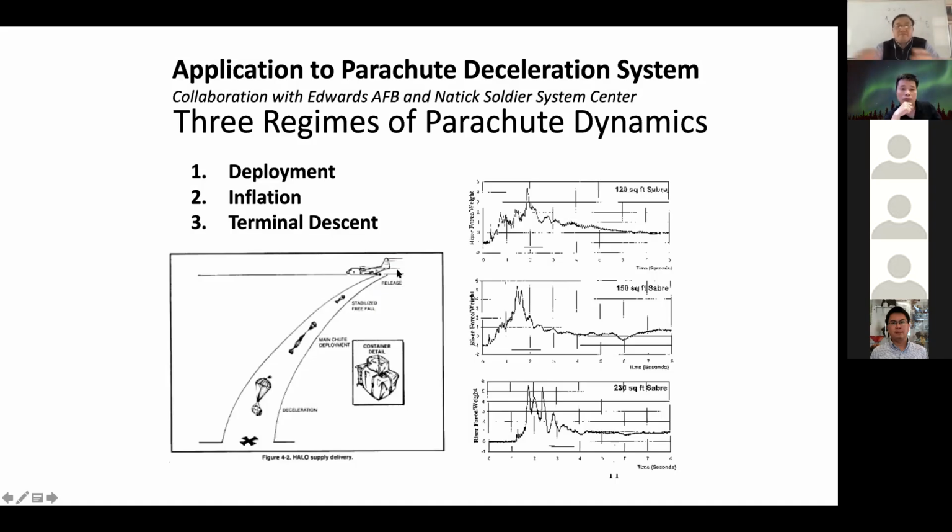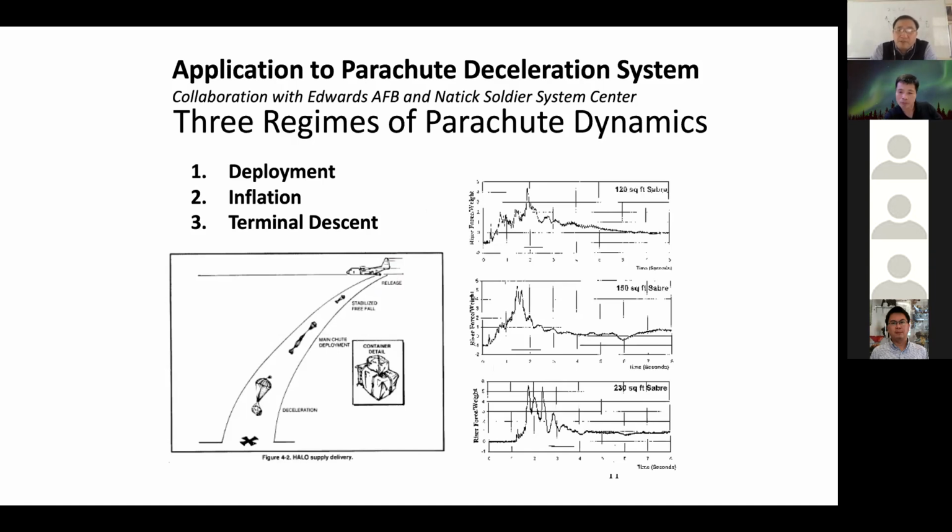And the main idea is to try to use the front tracking existing data and the function structures to model the complex parachute dynamics. The parachute dynamics has three regimes: deployment, inflation, and the terminal descent. Many papers have been published on the study of the terminal descent. Now, terminal descent is a relatively easy phase